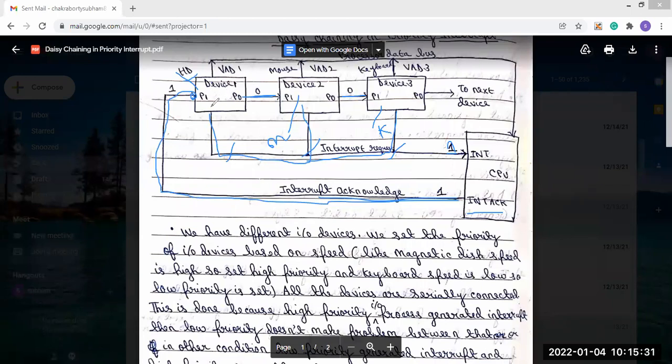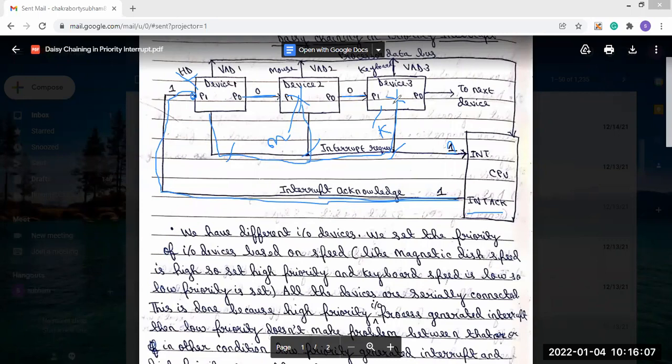So it will consume that and send 0 to the other devices. Sending 0 means go to the inactive mode. These devices receiving 0 means they are not generating any interrupt, which is why 0 has been sent to them.